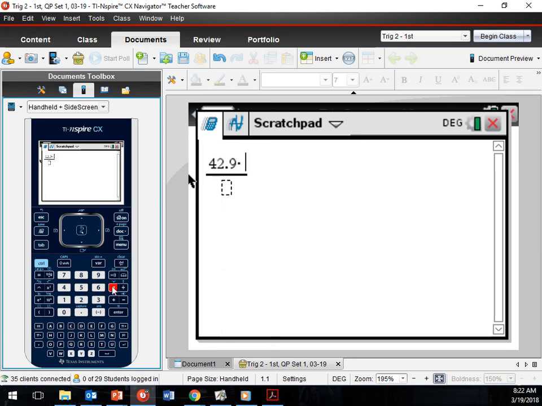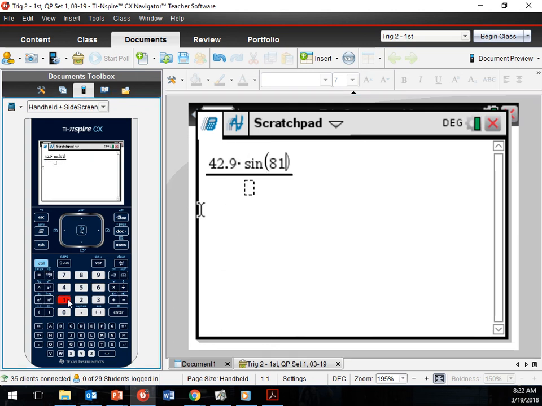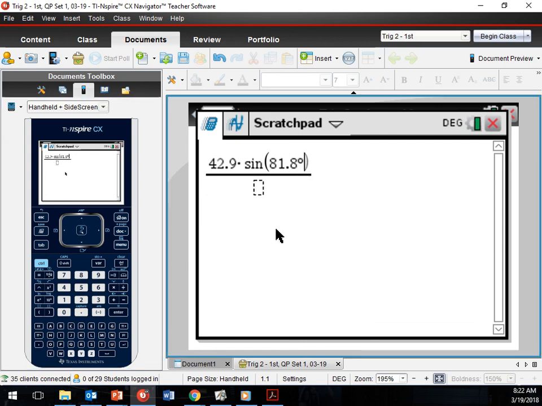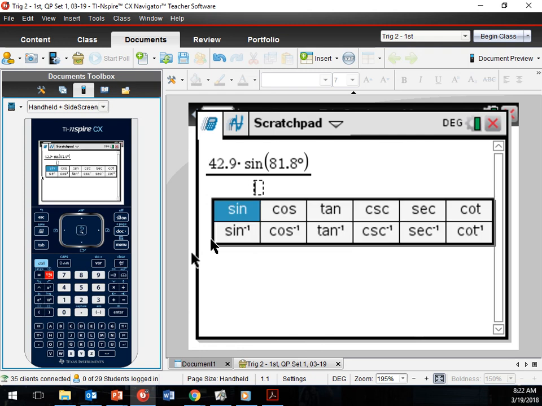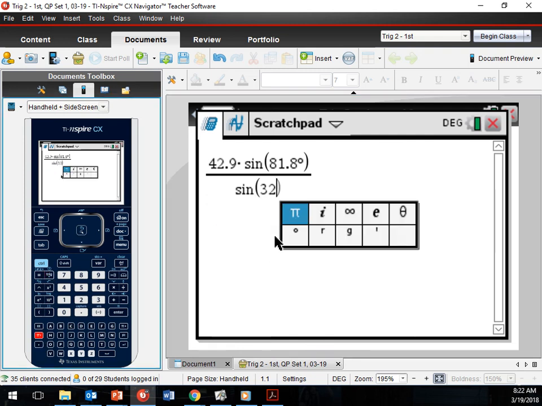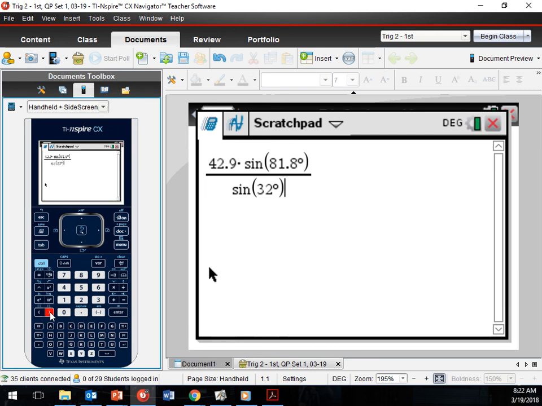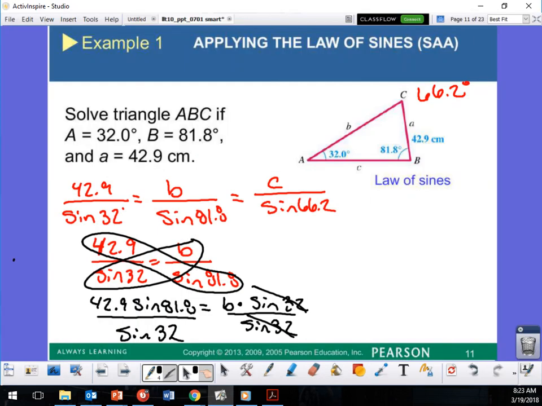Times sine of 81.8 degrees, divided by sine of 32 degrees. There we go. Hit enter. And I should get 80.1. So you're going to round to a tenth. So 80.1. So B,